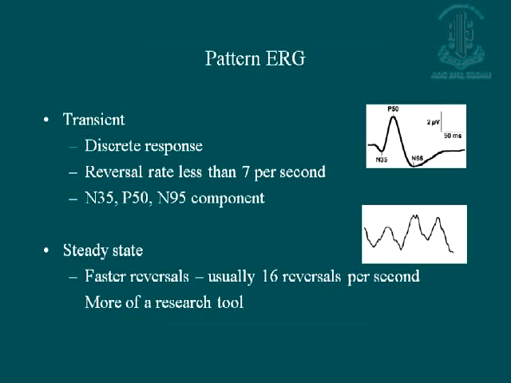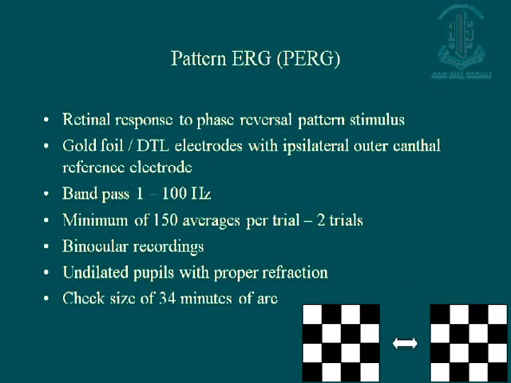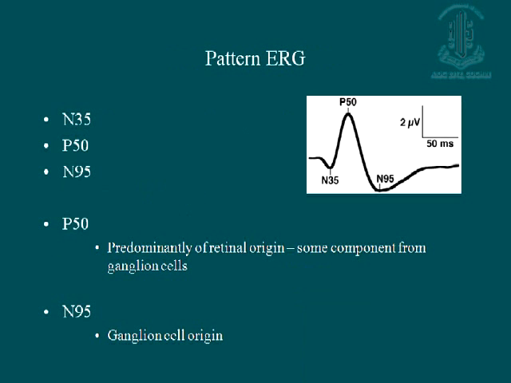For pattern ERG, there are two types of recordings you can do, something called a transient waveform, where you just give a flash and you see the entire waveform in the recording, and something called a steady state. We won't be going into the steady state response, not used much clinically. The transient waveform is what we give more importance to. Now, these are the different parameters. Dr. Manoj has already covered all the different parameters that we use. We won't be going into the details of the test, details of the recordings. What we need to look at is what this waveform is all about.